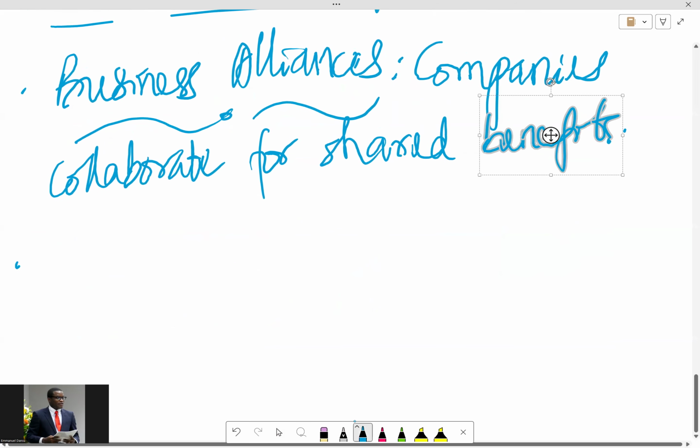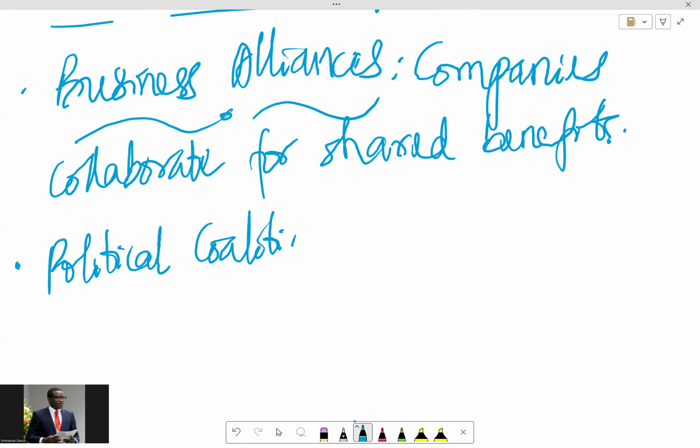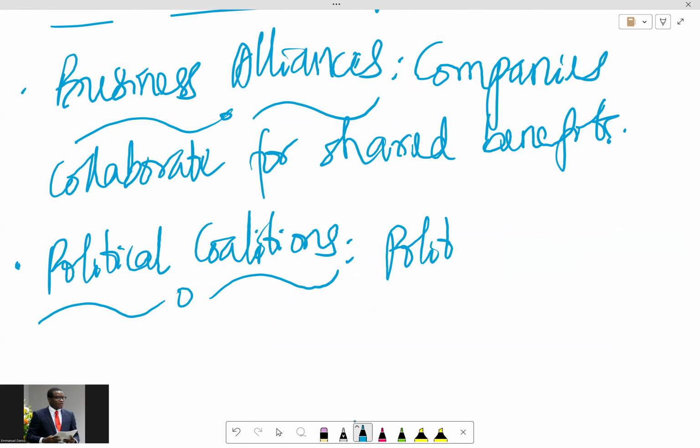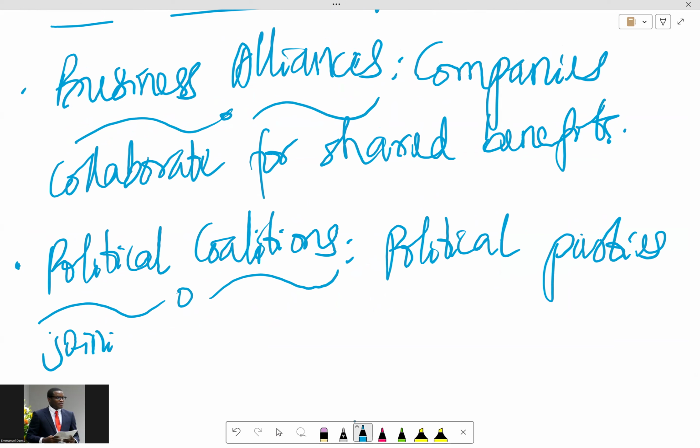Then we also have political coalitions, which I've talked about previously, like political parties joining forces, political parties join forces